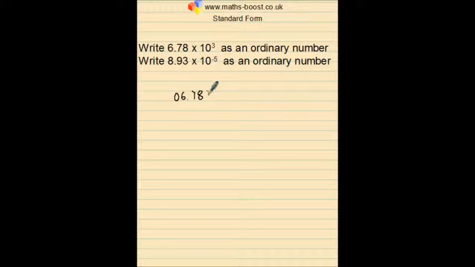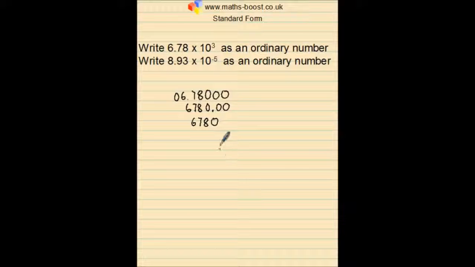So what I'm going to do is just a sort of a bit of a cheat really. I'm going to add a few zeros here just to make life easy for myself. I'm going to say I need to use 3 place value, move 3 place values. I need a bigger number, so I can view it like this: 1, 2, 3. And so that's the number that I would end up with, and I can just write this out as